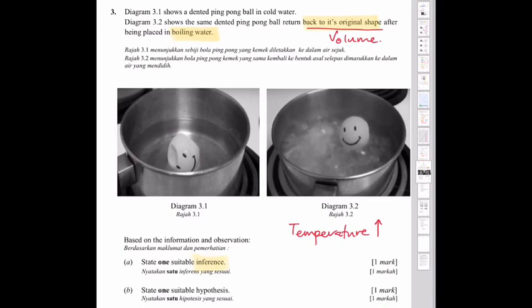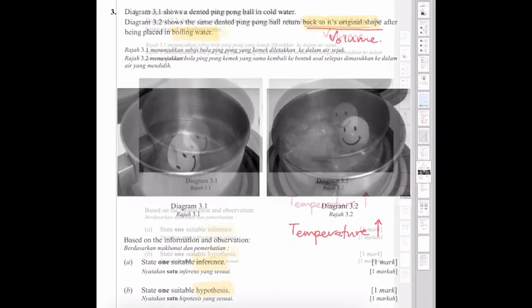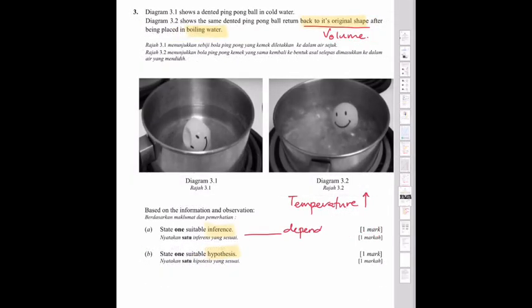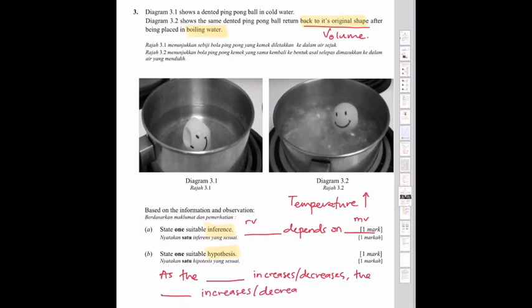Now, for the first 2 questions, you have to state one suitable inference and a hypothesis. You might have to memorize some of the keywords here. For example, the responding variable depends on the manipulated variable. And for the hypothesis, as the manipulated variable increases or decreases, the responding variable will increase or decrease. Before you make a sentence, take note that the responding variable is the result of what we do to the